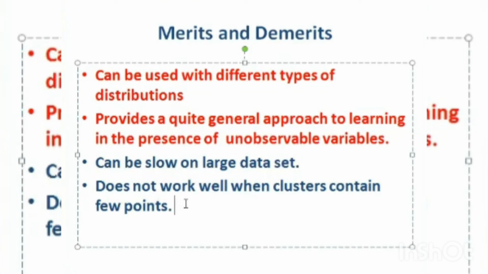See, if the hypothesis is less, then we won't get the correct output. The student is a bookworm. He mugs up, writes the exam and scores good marks. But what is my criteria? I need a person who has good logical thinking, is good at practical work, and has good knowledge. So these three criteria should be satisfied. Just taking my guess on a single hypothesis is not sufficient. So that's what this point says: it does not work well when the cluster contains few points.